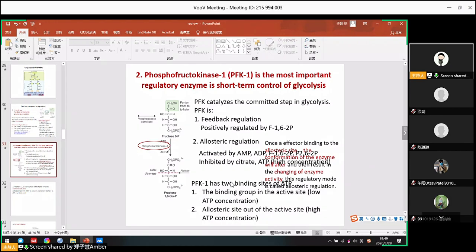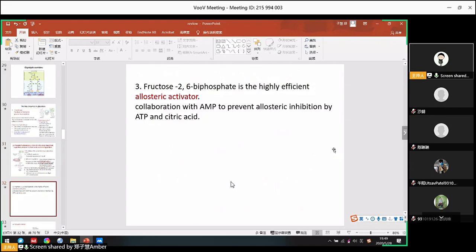And remember, for PFK1, you have very, very complex regulatory modules. You don't have to remember that. It's too complex. And the third important enzyme is a fructose